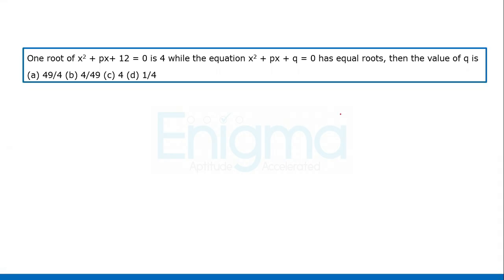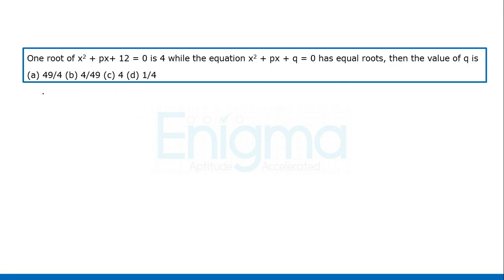One root of x square plus px plus 12 is 4, while the equation x square plus px plus q is equal to 0 has equal roots. Then the value of q is. Now